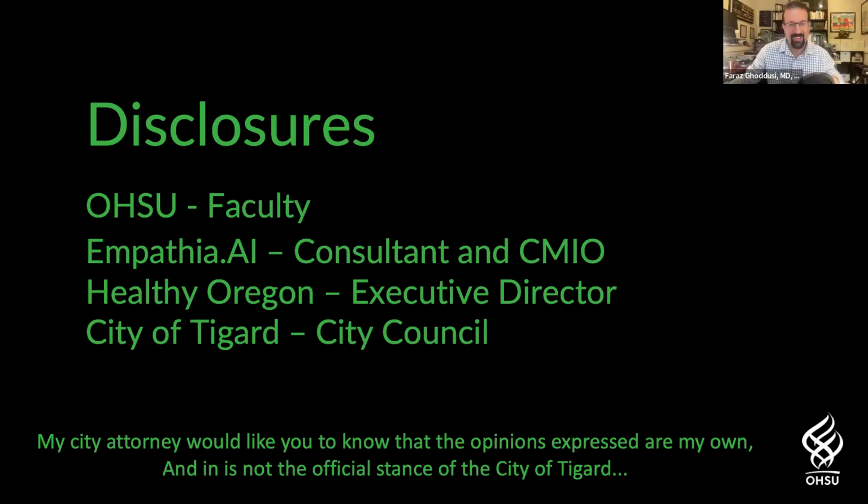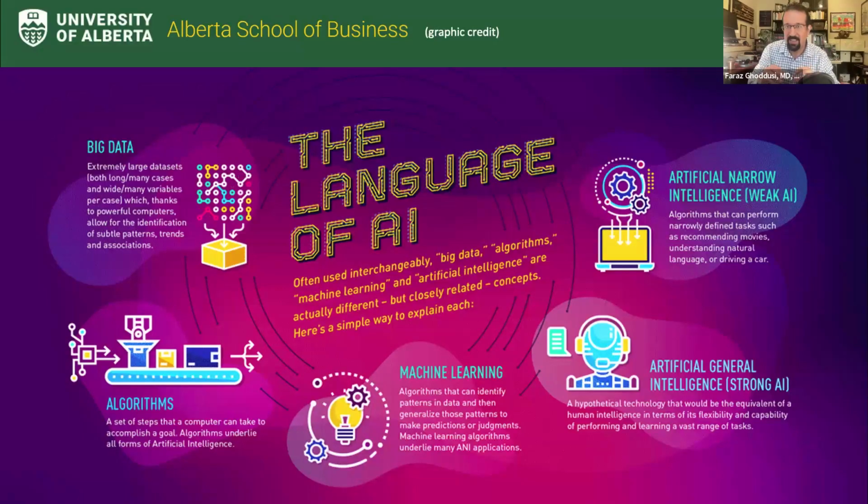So we're going to get started with a lot of the words and verbiage of what AI is, because a lot of times you end up hearing things thrown around like algorithms and machine learning and AI and big data, and a lot of people use them interchangeably, and that's not necessarily inappropriate. We know that words matter. So being able to speak intelligibly, regardless of what you're doing at your institution or within your clinical practice, ends up being important.